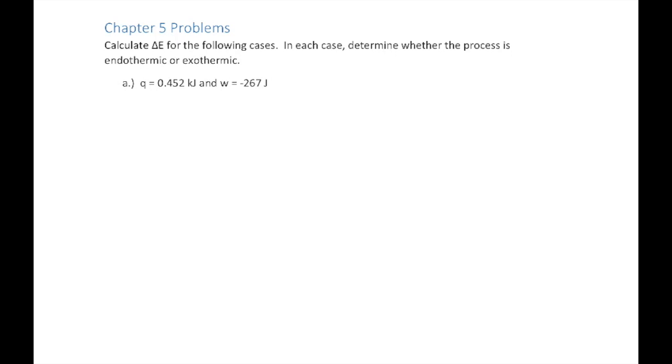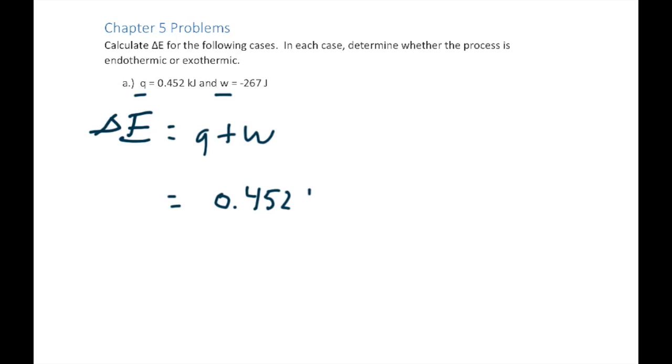They give us both variables needed. So remember that our formula used is delta E equals Q plus W. They define our variables for us, so it's very easy to simply plug those variables in and determine delta E. So Q is given as